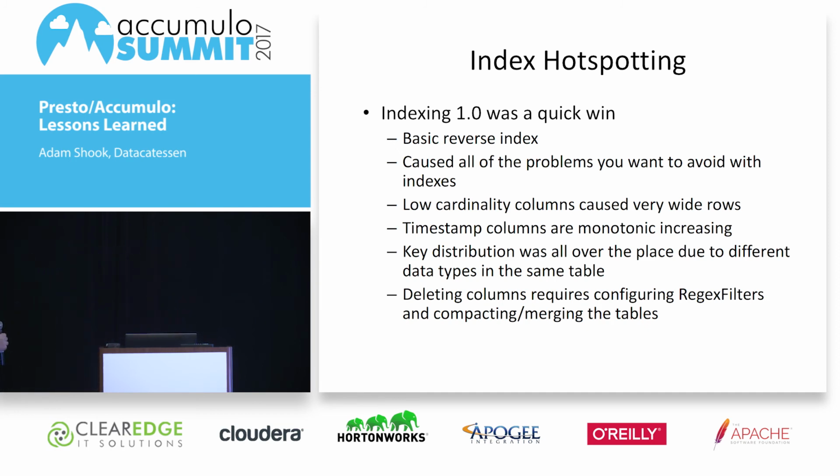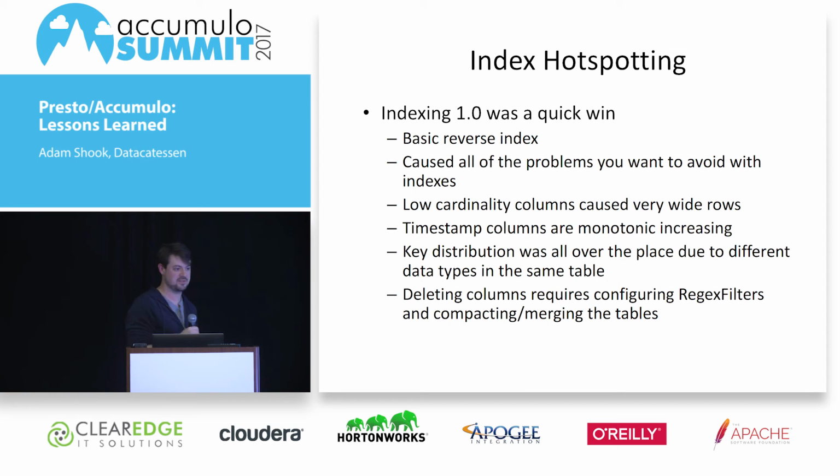Next is what I'm working on now. That's almost done, hopefully, which is this index hotspotting. So when this was built, we wanted to get it out the door as quickly as we could. So we had a basic reverse index for all these columns. We're taking the value of the cell on the table, making it the key, or the row ID rather, and the row ID for the actual row is getting stored as the column qualifier, and we stick it in a table,